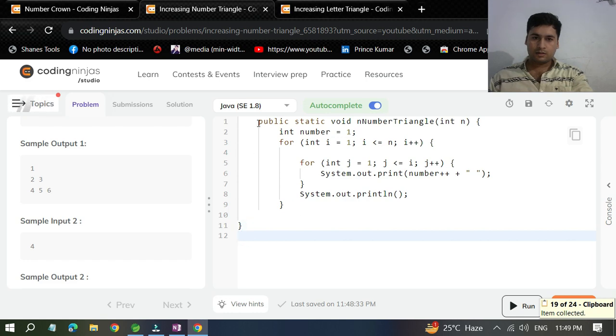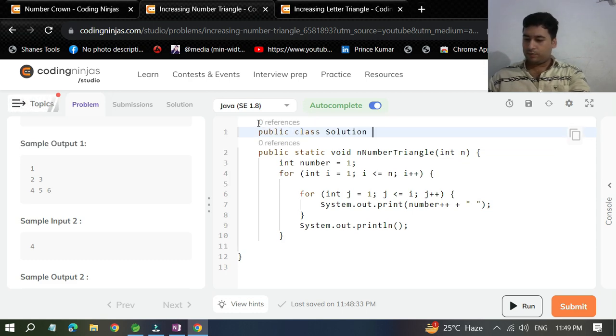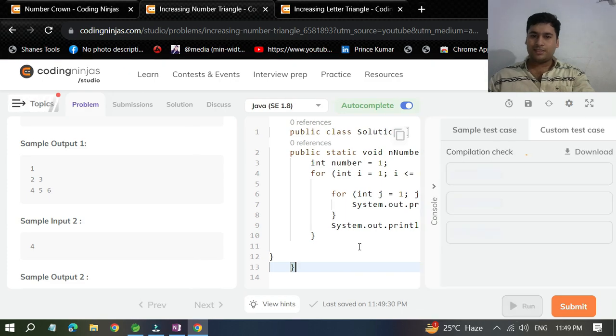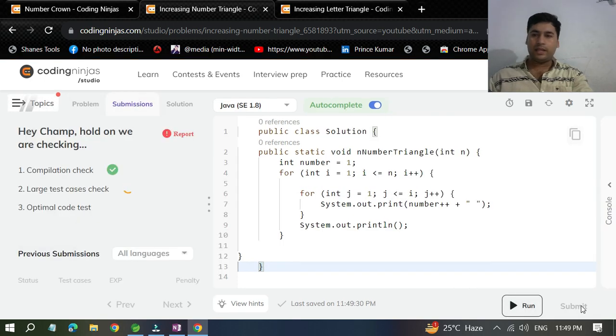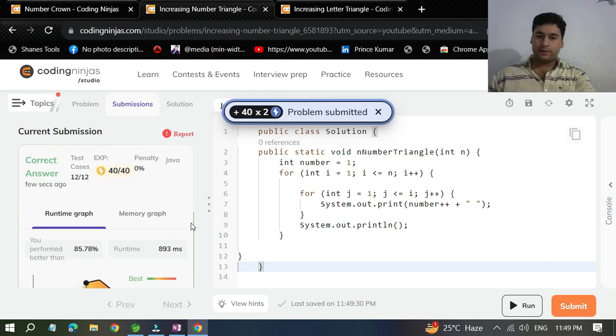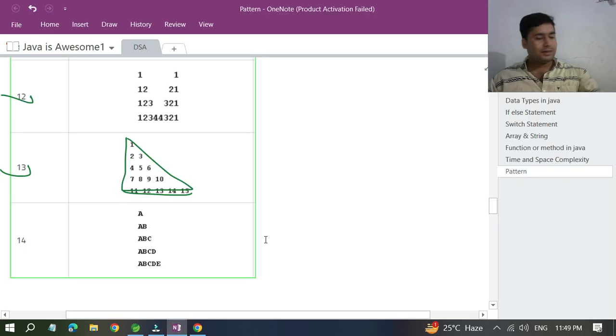So I think we have to put here, and then after, let's see these methods, and after that we have to write these methods. So this is some syntax they have given wrong, so we can just format it, and all the test cases are passed, and we can submit it now. Okay, I hope it's submitted. Okay, thanks God. Let's go to the other problems, and we can see the problem number 14 is